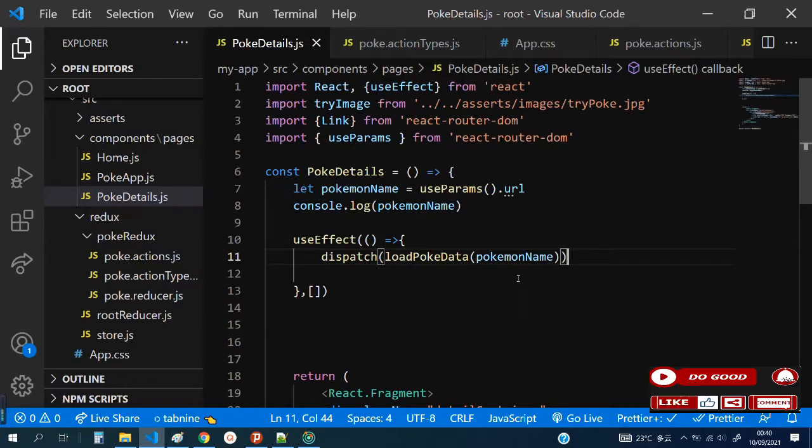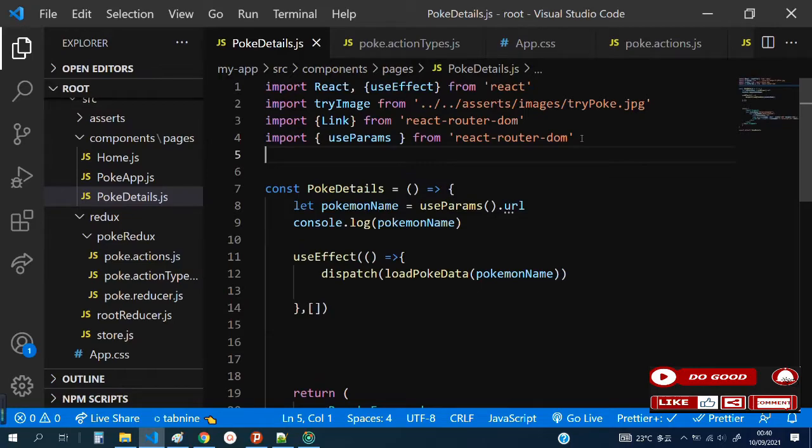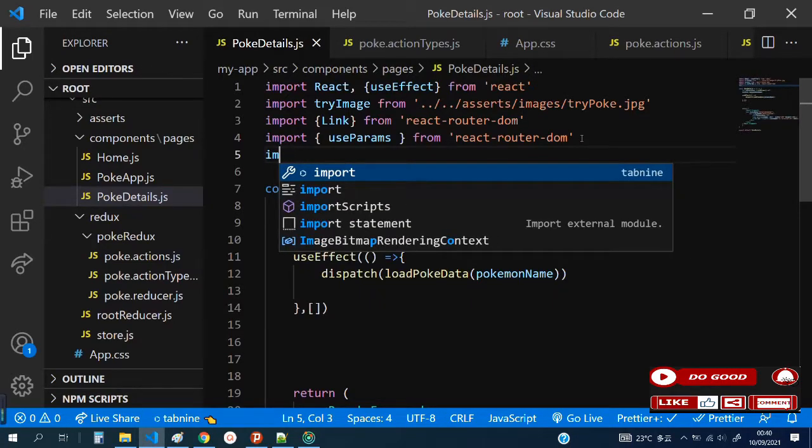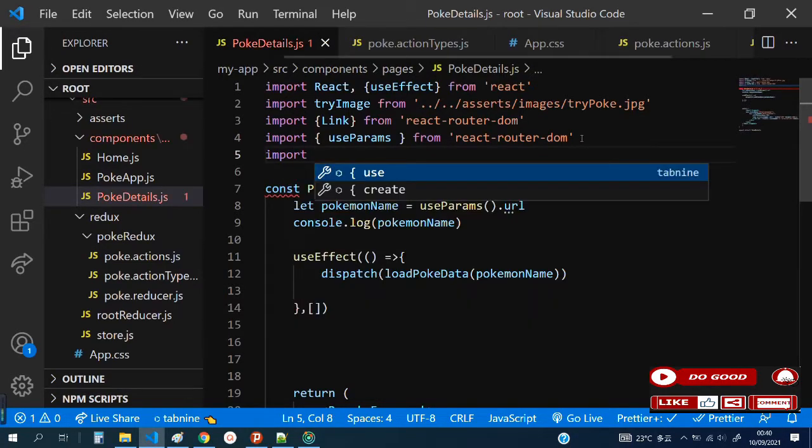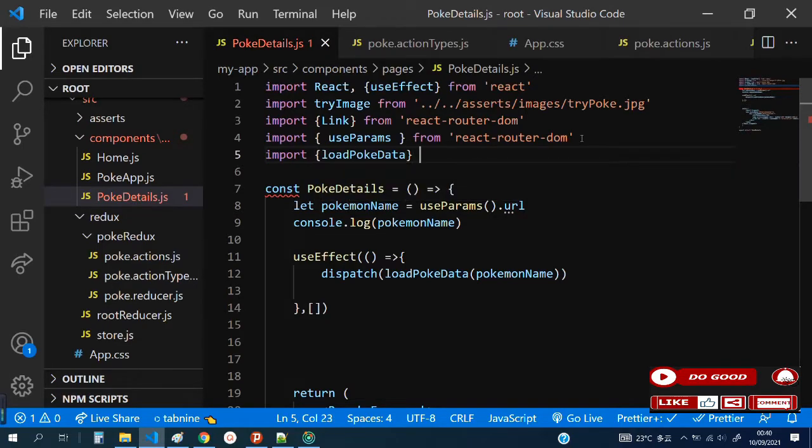Good. That is that. Anything else? Let's import load book data. So we say import load book data. Good. From